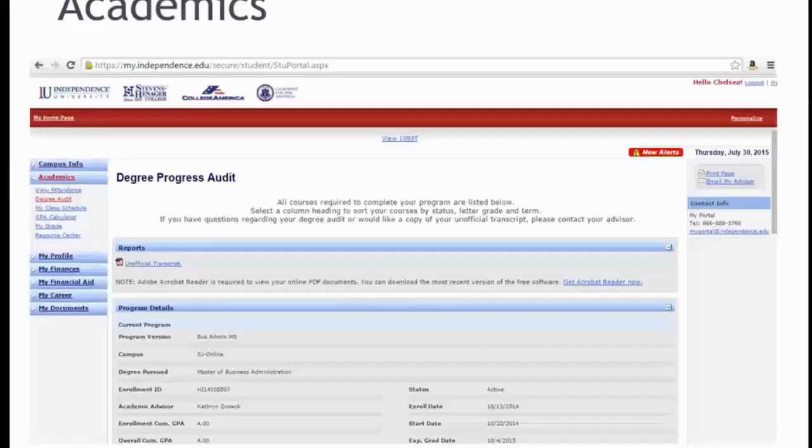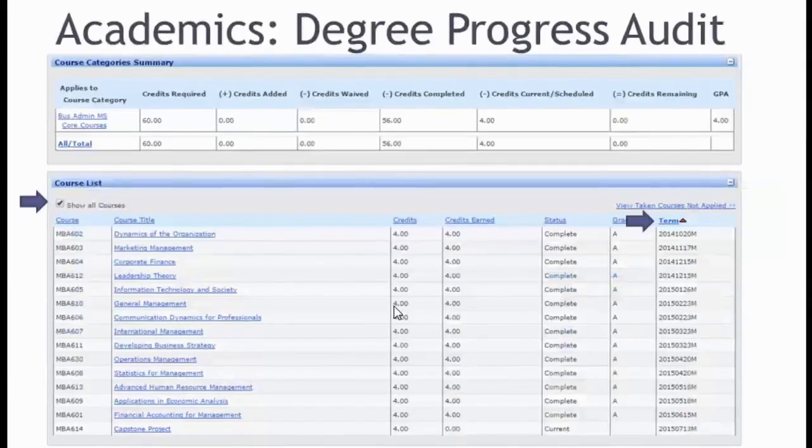Under program details, it outlines the name of the program. It outlines their associate dean again under academic advisor. It gives their GPA, their enrollment date, start date, and expected graduation date. It also gives their status. So this is a wealth of information, and if students scroll down, they'll also see the course category summary, which